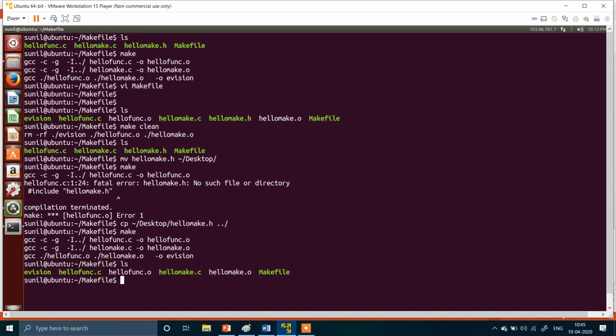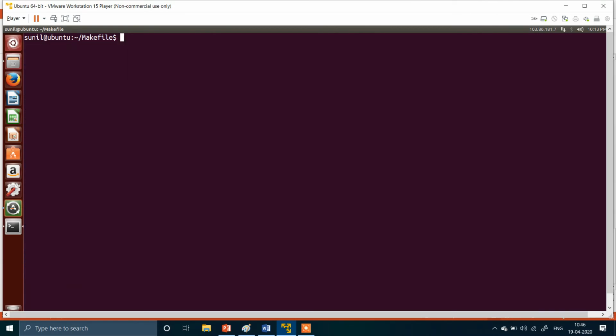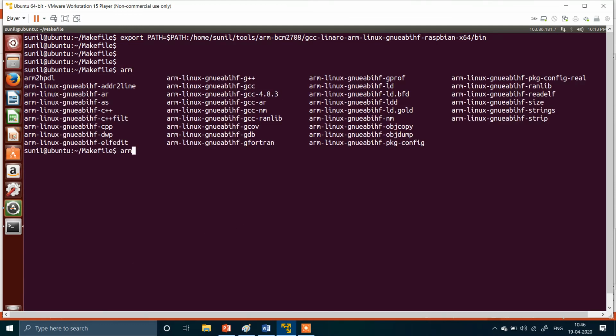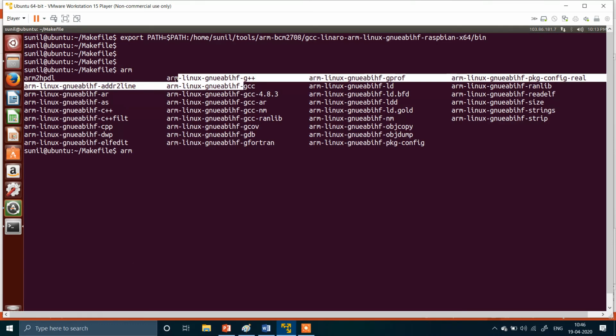Now I will also show you, if you want to cross compile this code for the ARM architecture, where you need to change the makefile. First of all, I will have to export the toolchain. So let me export the toolchain. This is the toolchain which I downloaded from the Raspberry Pi website, and instead of GCC I will use this toolchain.